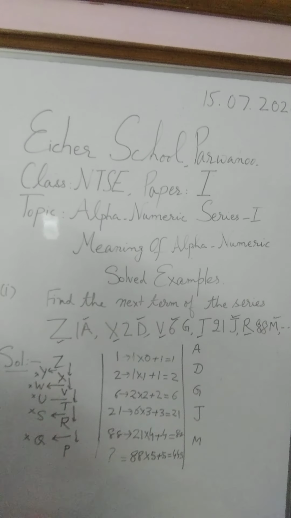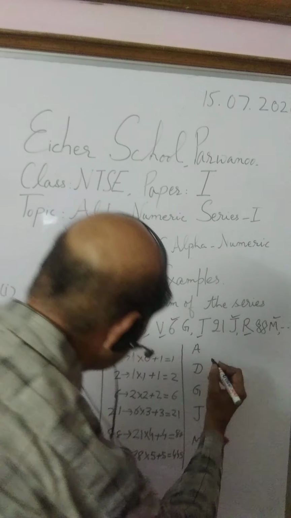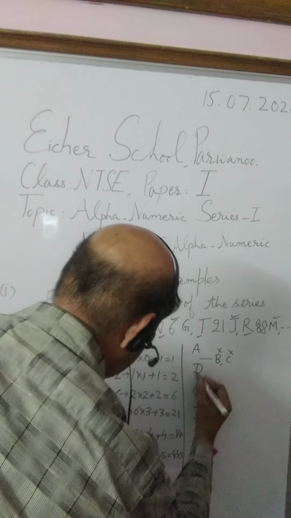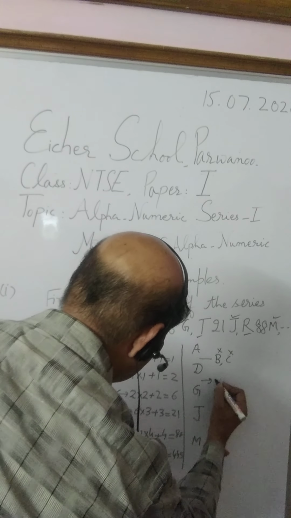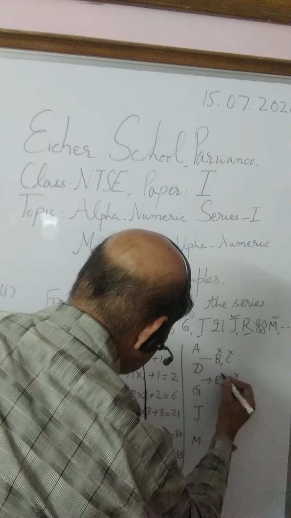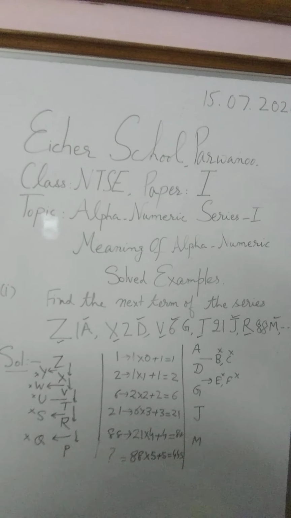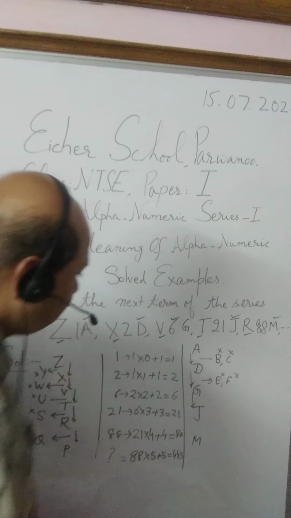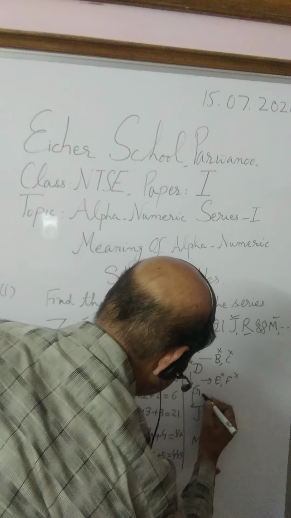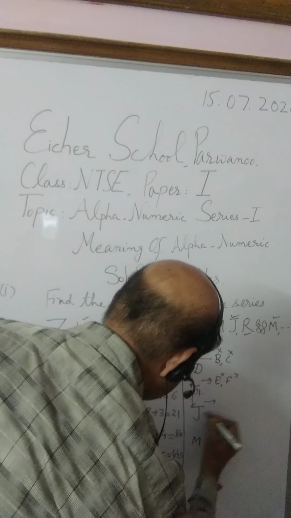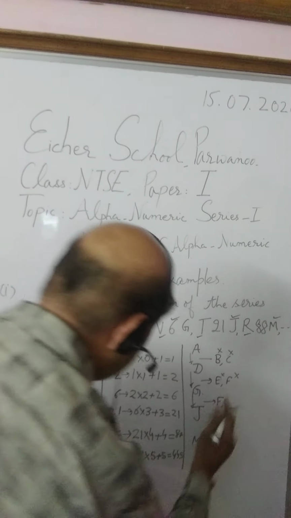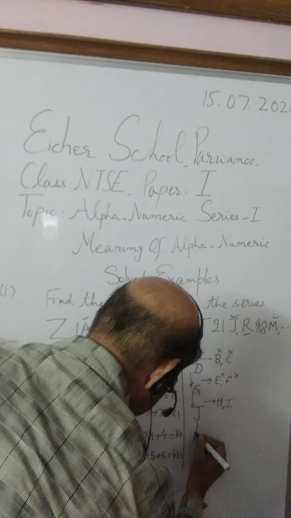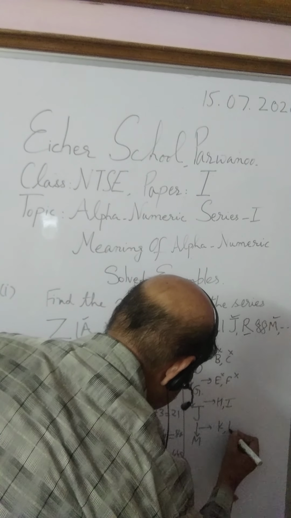Next is our third block, A, D, G, J, M. Here A and D we are missing B and C. Here D to G we are missing E and F. So in this way we find that 2 letters are missing from first to second, then from second to third, from third to fourth. Next is our G, that is from G to J. F is already taken up, so it will be H and I. Then from J to M it will be K and L.